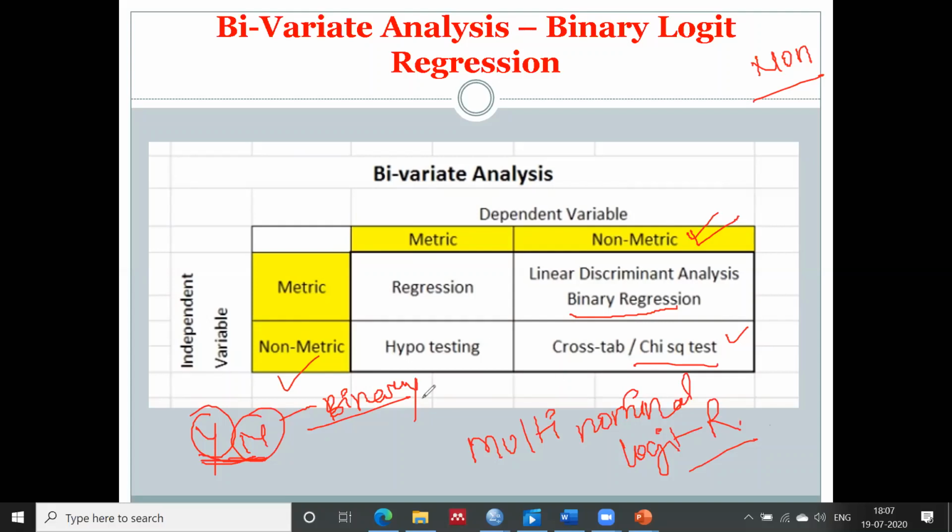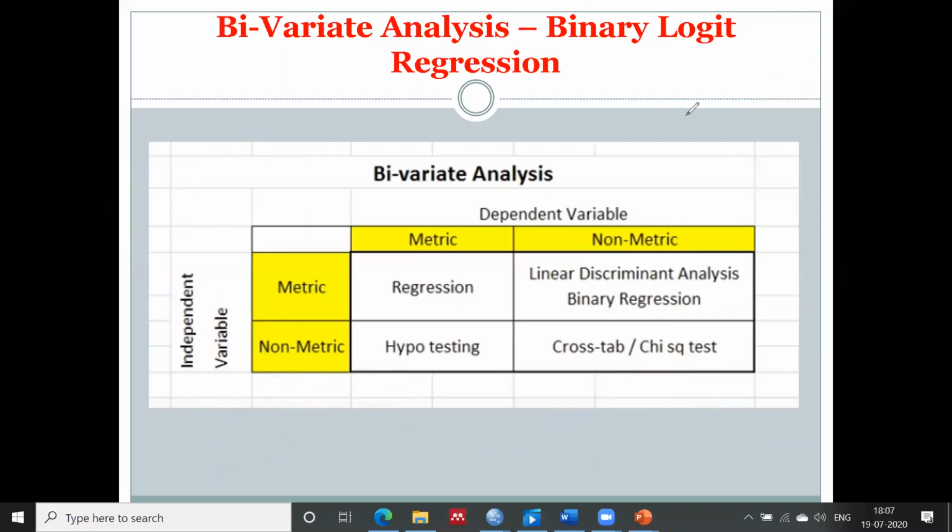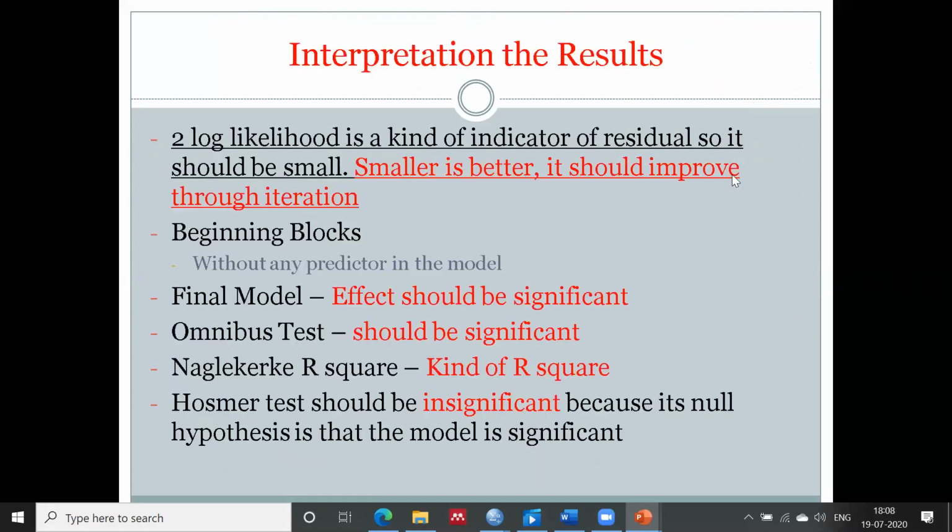So today's session, we will use only binary, right? Because you can also apply the multinomial logit regression. It is just the same. There is nothing much different, but the difference is in the interpretation. Like simple regression and multiple regression, both are the same, but you just need to put one more independent variable in the multiple, right? So I will show you only binary logit regression, right? Now, so okay, let me show you in the SPSS.